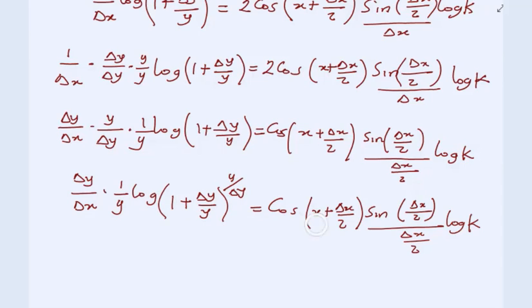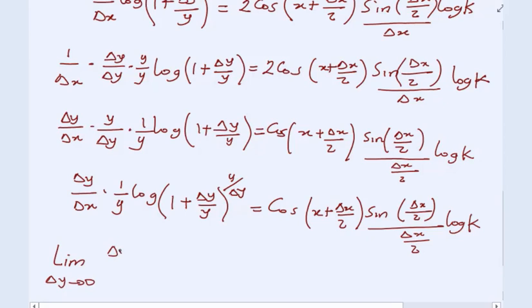On the right hand side, this is a function of s, so I take the limit as delta s goes to 0. So what am I trying to say? Here I take the limit as delta y goes to 0 on the left hand side